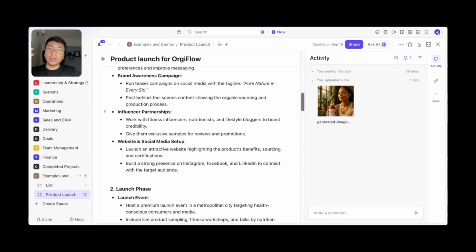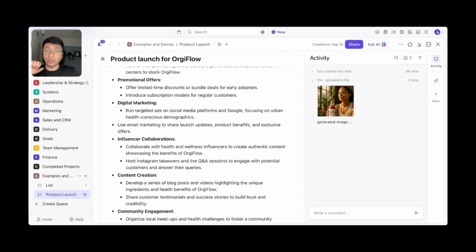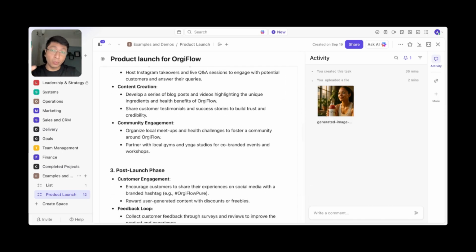Let's think from the project management perspective. Okay, so let's say I've created this product launch, and we want the complete team to work on this from tomorrow itself. I want to send a message. So let's say we can type it, or maybe here you can send a voice clip. Okay, so hi team, this is the product launch strategy for Orgiflow. We have just received it from our client, and